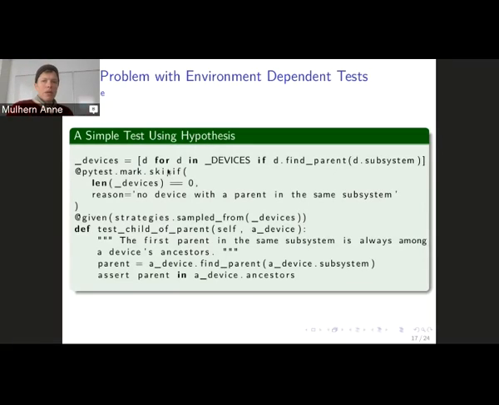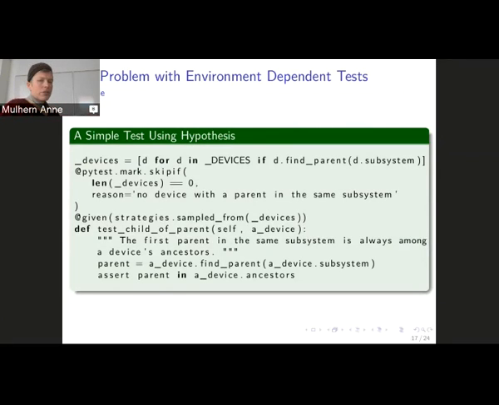So this is a simple test using Hypothesis that has been rendered not so simple because I have to worry about whether I have enough devices that have the parent and the same subsystem on this system. So I have to statically calculate the list. Then I have to use PyTest to skip it if the list is 0.